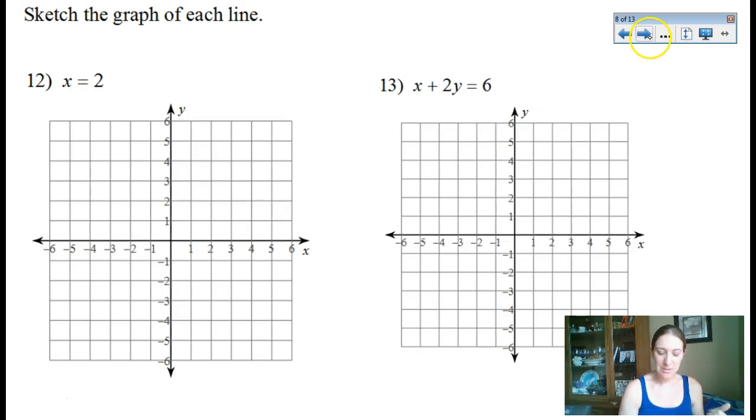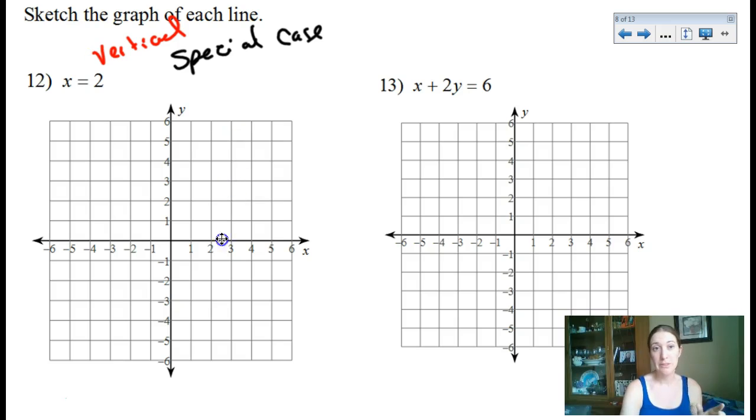All right. Next one's a special case. It's not in what we consider slope-intercept form, but that's because there is no y value in this line. So this is a special case of a line. And special case just means it's a unique line. It's either going to be vertical or horizontal. So a lot of kids confuse this with the axes. X equals 2 is actually a vertical line